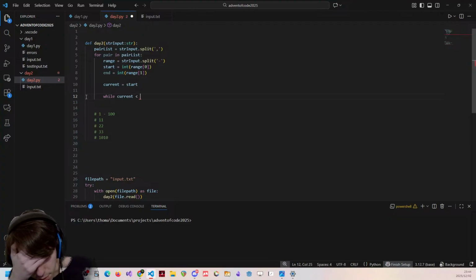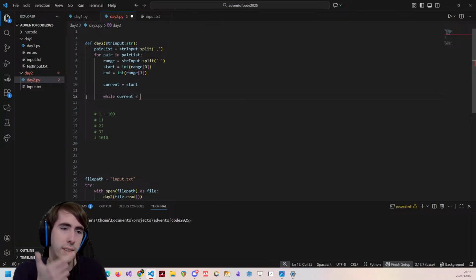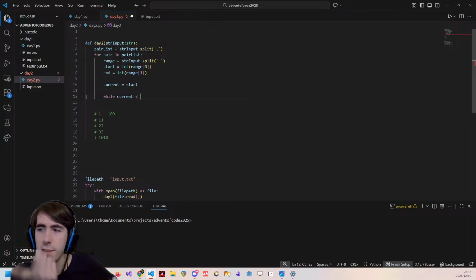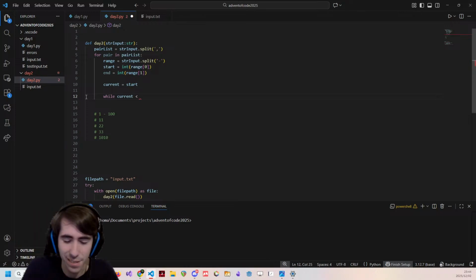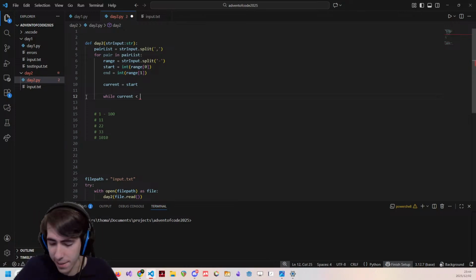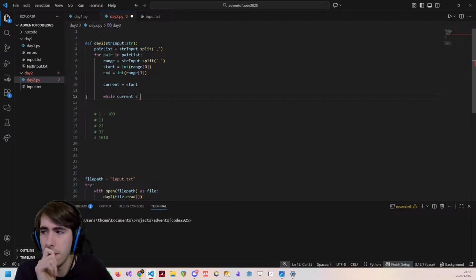Because yeah, we still need the length of the number in base 10, right? Because this is in base 10, this is important. Yeah, I guess this is fine because we have a while, so we can always check, basically. So while current is less than,